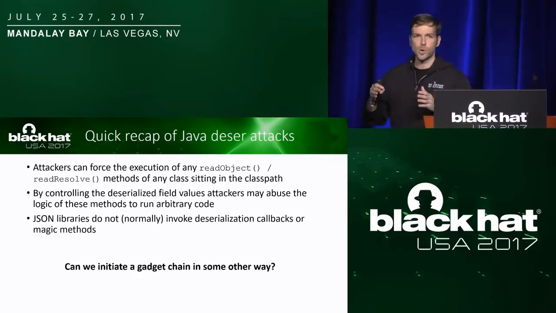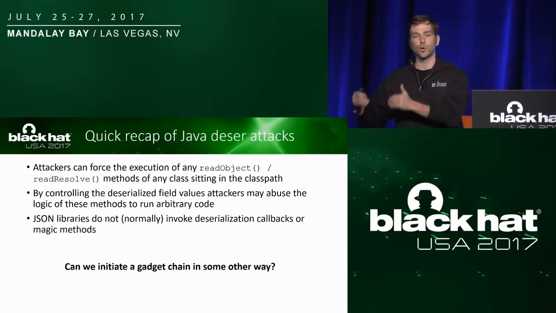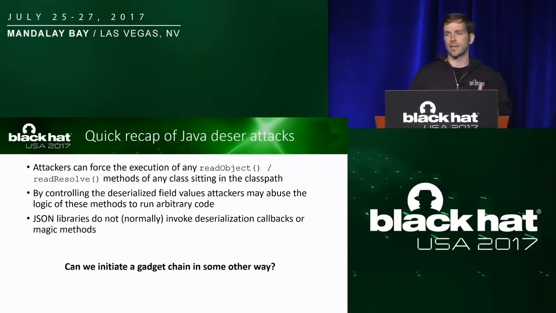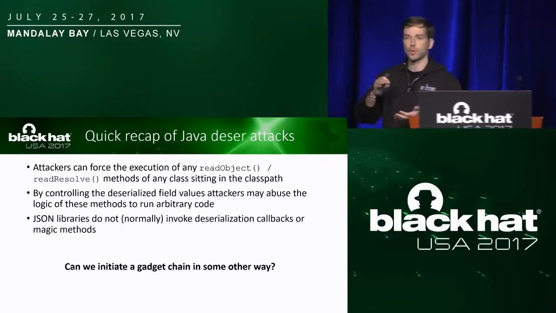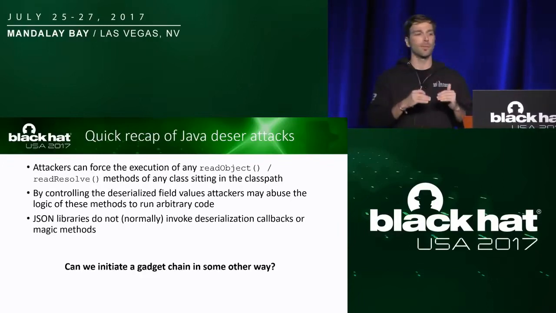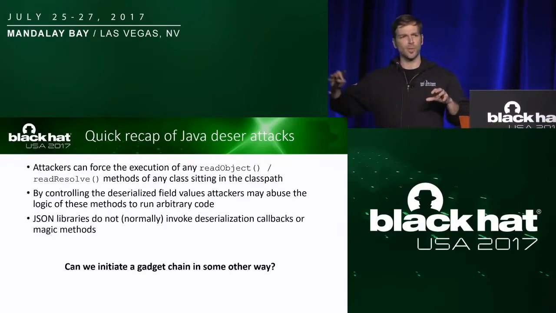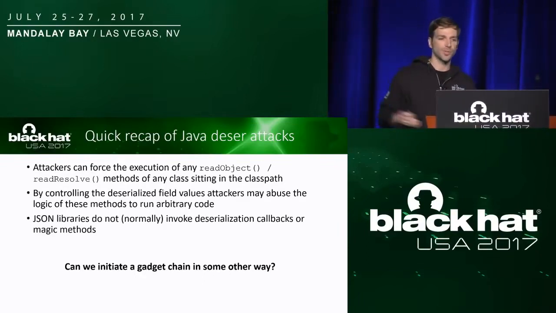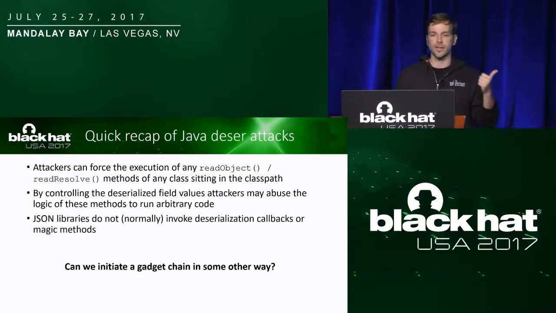Then the deserializer would instantiate these types and invoke some deserialization callbacks on them, right? So the attacker needed to find a type or class containing a readObject or readResolve method, which could be chained together with other types or classes in order to assemble a gadget chain leading to arbitrary code execution. However, JSON libraries don't normally invoke any